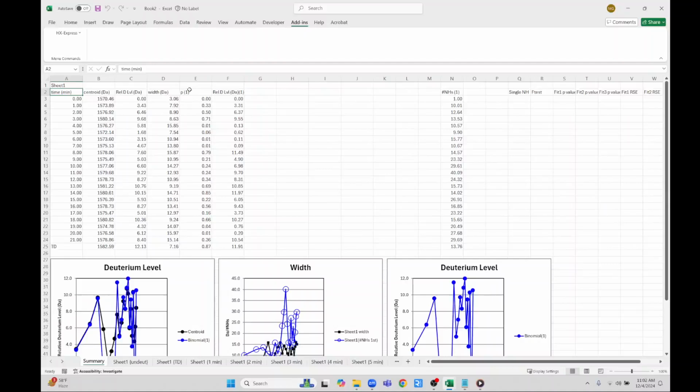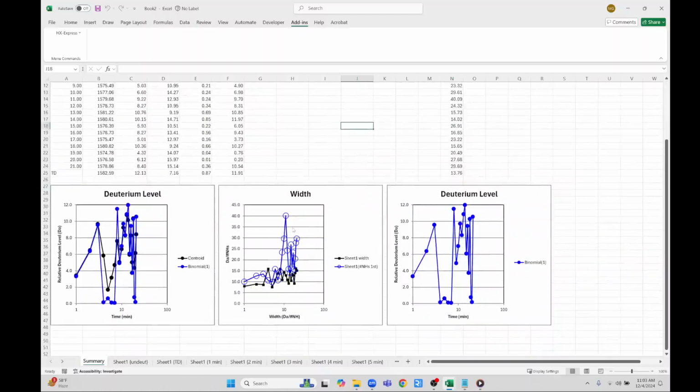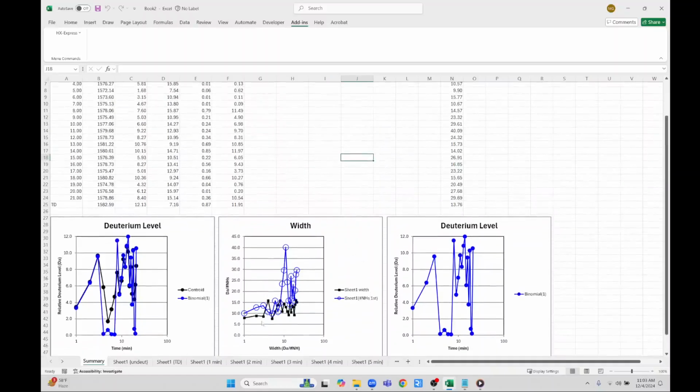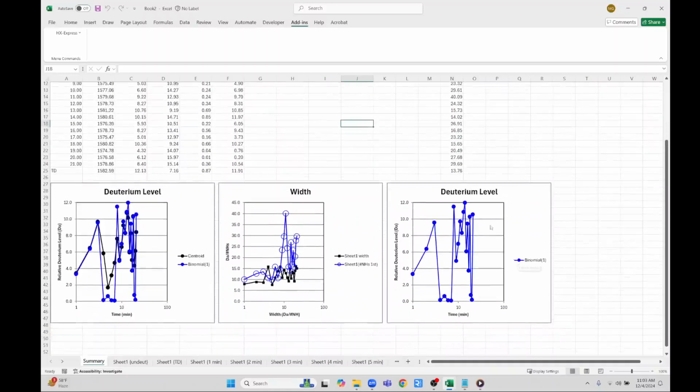So it added data for columns E and F, which are the labeling probability and then the relative deuterium uptake from the binomial fit in F, and the number of amides for those parameters, or for each of those fits, in column N. And it also, now in the width plot, it's showing you the original isotopic width in black, and then now in blue it's showing you the number of amides used for each of the fits for each of your time points. And then lastly here,